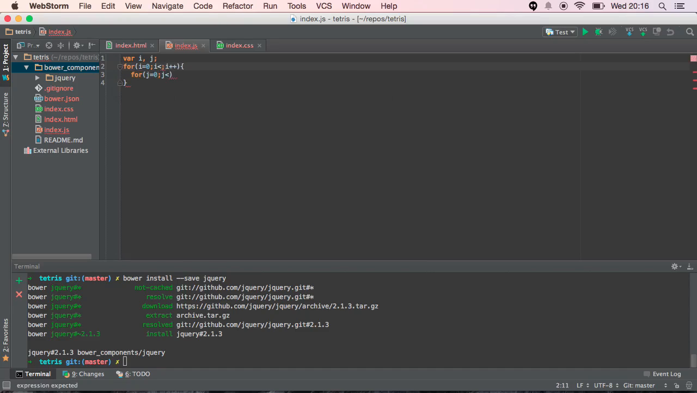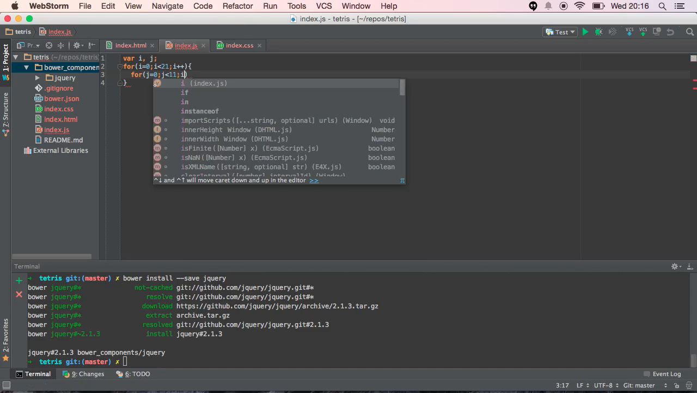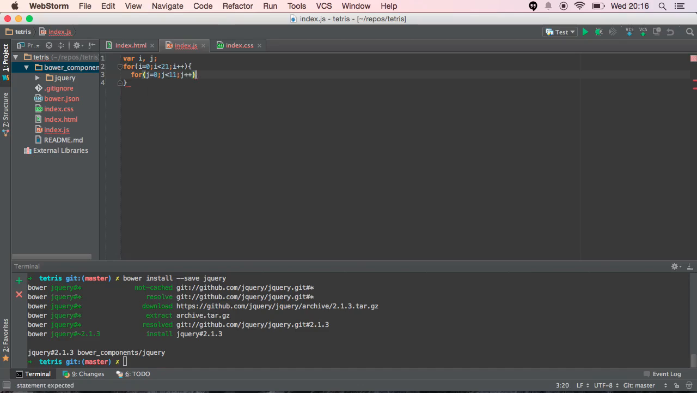We're going to do this as 21, and this is going to be 11, and we'll do j plus plus. Okay, so we've got our for loops set, and then let's grab an instance of box, for efficiency. We'll call it $box, equal to the box element that's on our page,